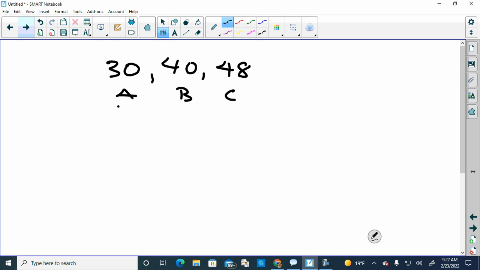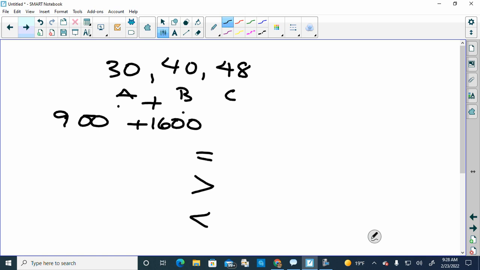So we need to square this one, add the two together, and then we also need to square this one. If it's equal, it's going to be a right triangle. If the c is smaller, then it's going to be acute. And if the c is bigger, then it's going to be obtuse. So squaring 30 gave me 900. Squaring 40 gives me 1600. So 48 times 48